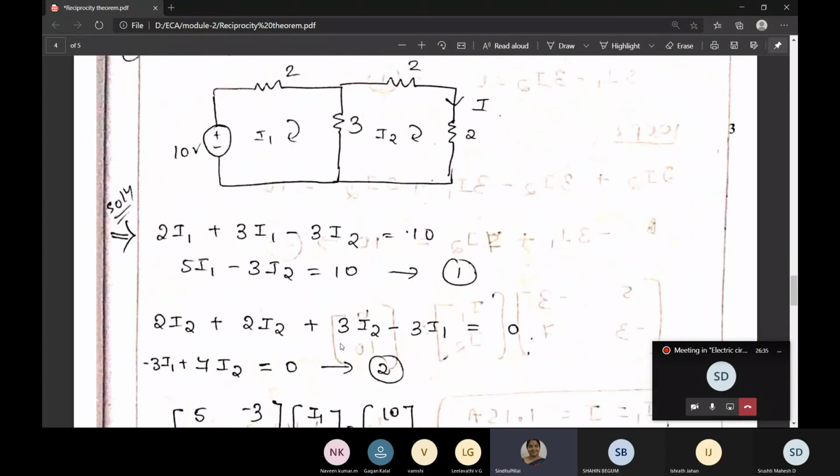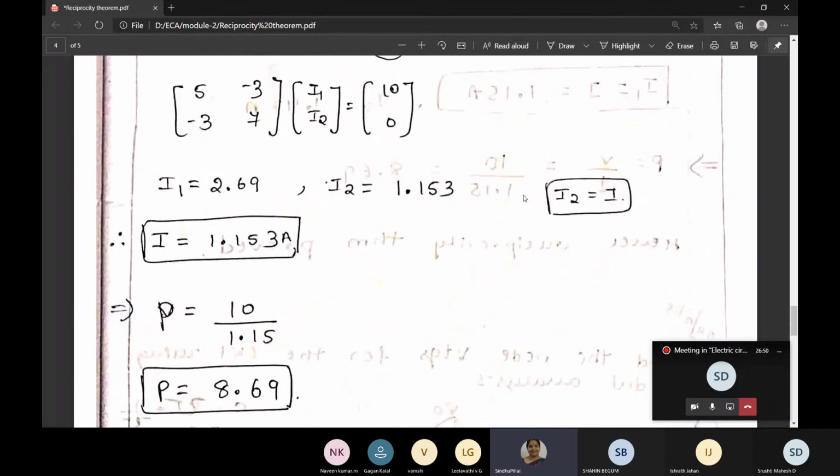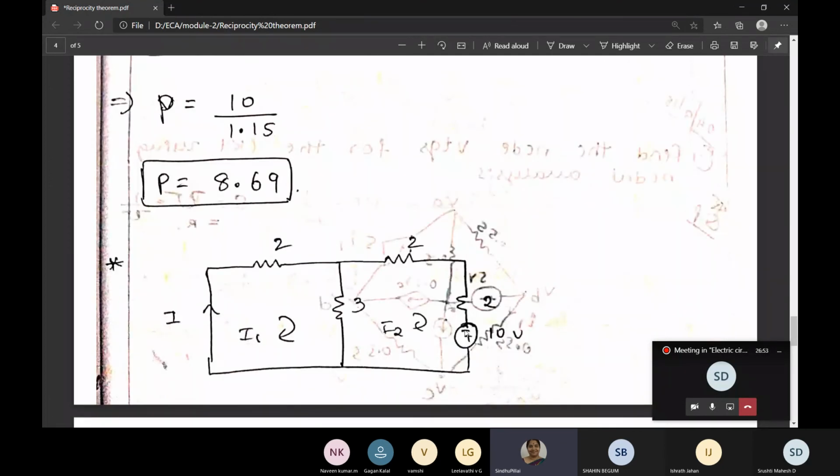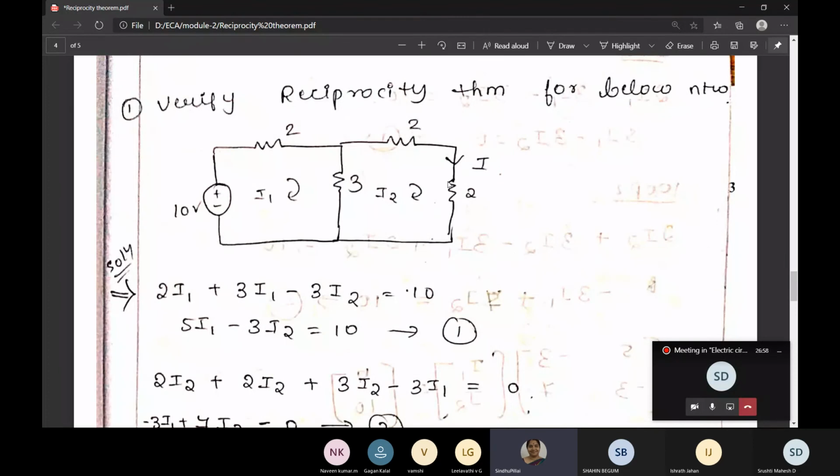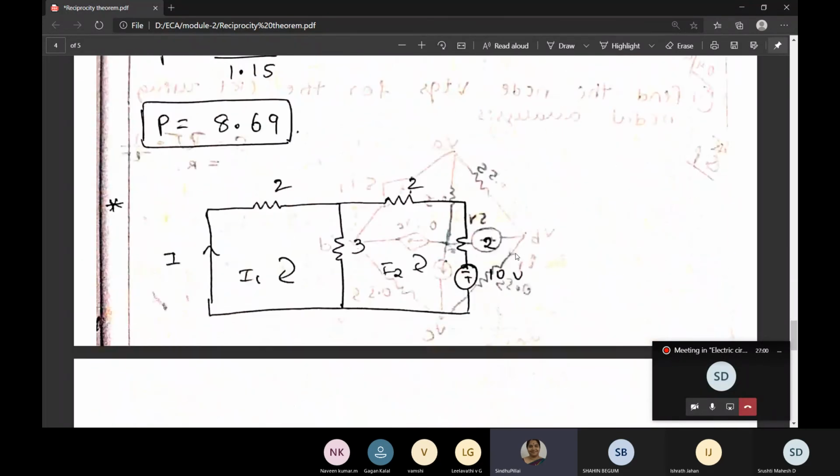Next, what do we have to do? We have to interchange. So the I should come here and the 10 volts should go to the response position. When it goes to the response position, the negative sign will come down and the positive will go up. So the network should look like this. See here, minus and plus, placed in the correct direction, and the current should be in the upward direction. The voltage source is minus and plus, and this resistor should remain the same.